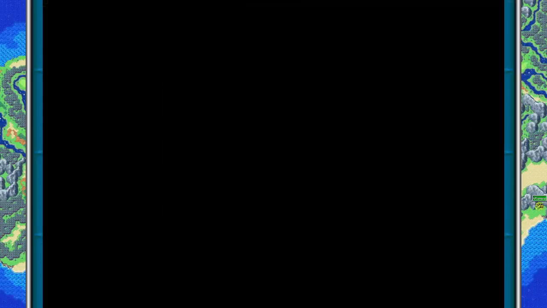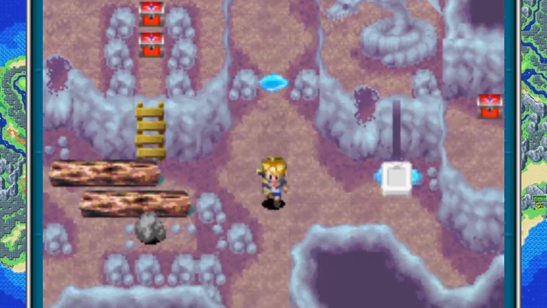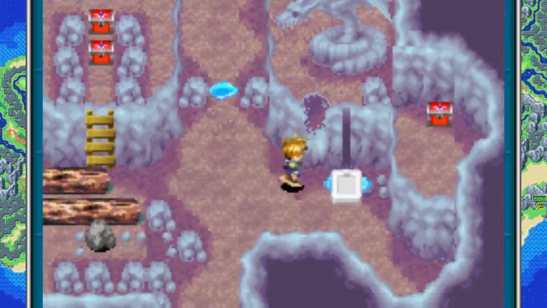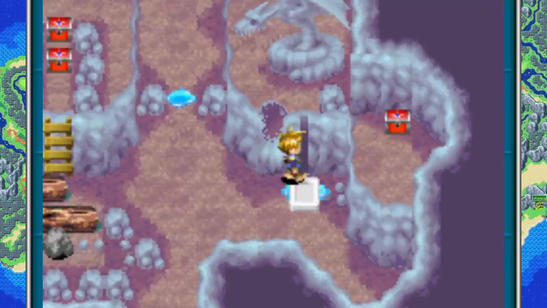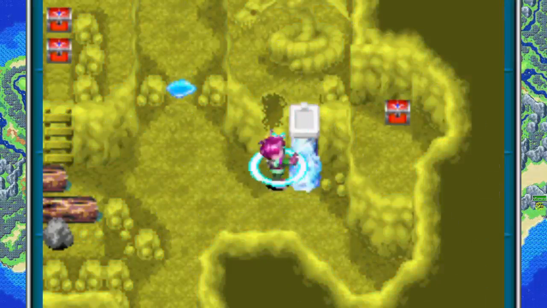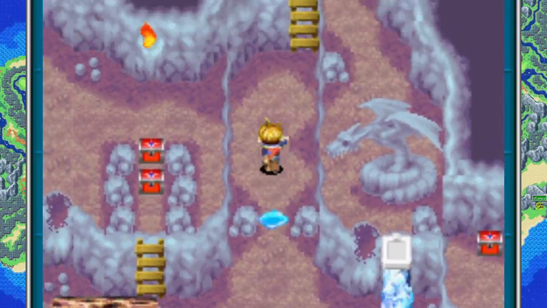A level up for Ivan and some more Water of Life. I'm not going to say no to it, even if it isn't the most useful thing right about now. So let's see what we do here. So it looks like we'll need to freeze this platform. Which makes the statue up there breathe fire. Interesting. So then we can hop over,